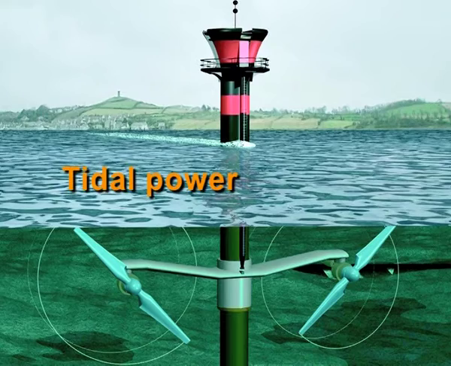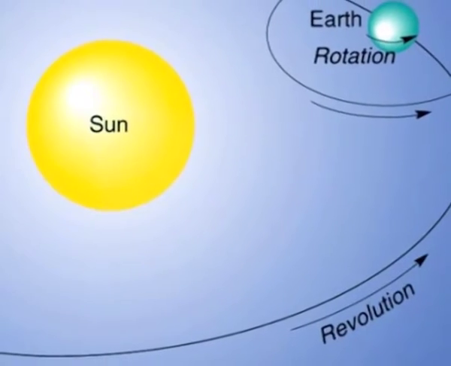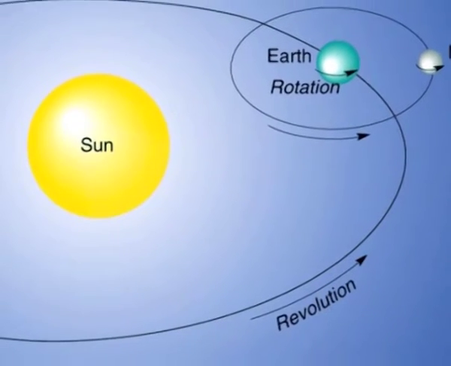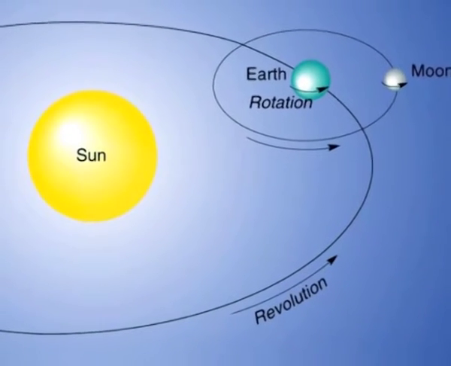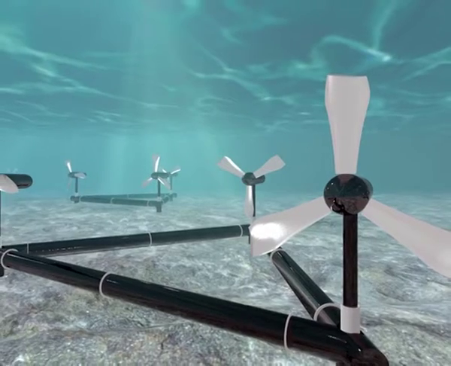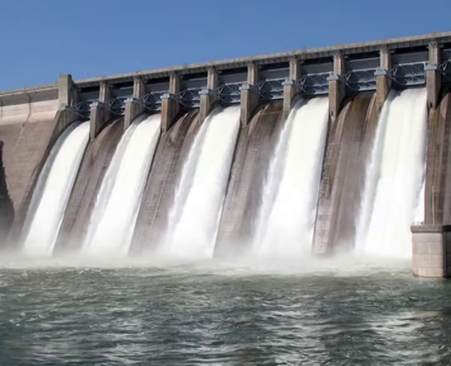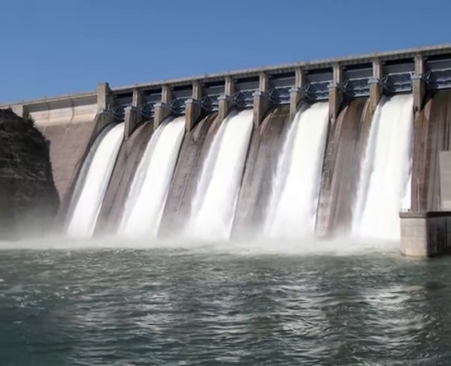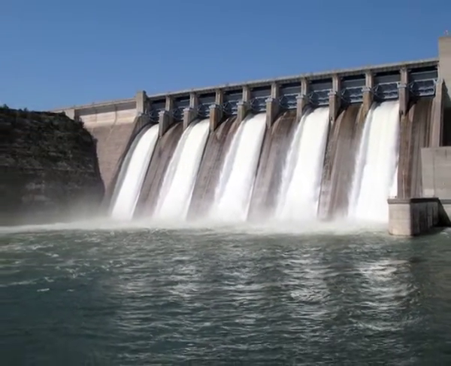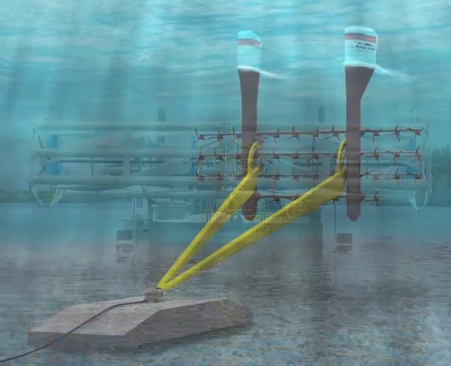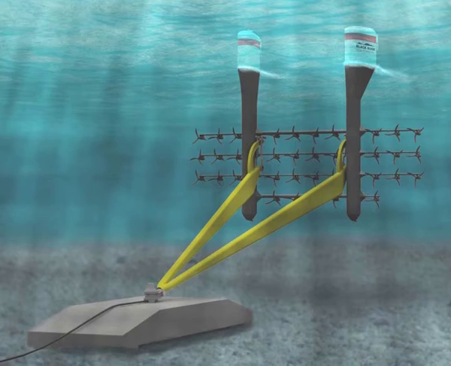Now moving on to the next type of energy source, that is tidal power. You know about the tides, right? That is the gravitational pull of sun and moon along with the earth's rotation causes the tides. Hence, the tidal movement of water represents a great deal of energy. As water flows from a higher level to a lower level, it can be used to generate electricity. Tidal power is trapped by placing a barrage across an estuary and forcing the tidal flow to pass through turbines.